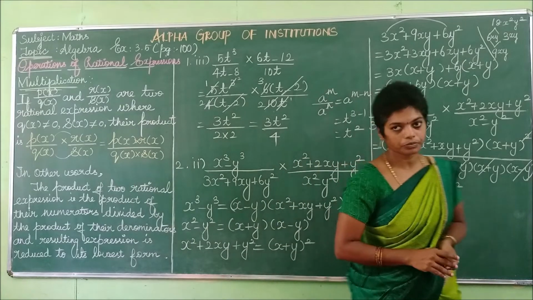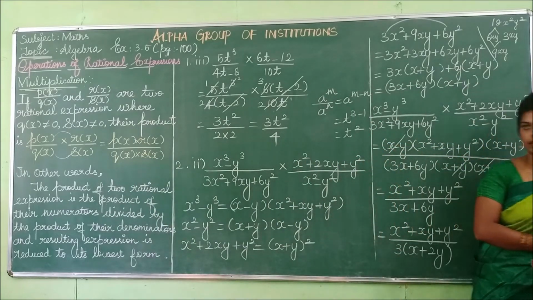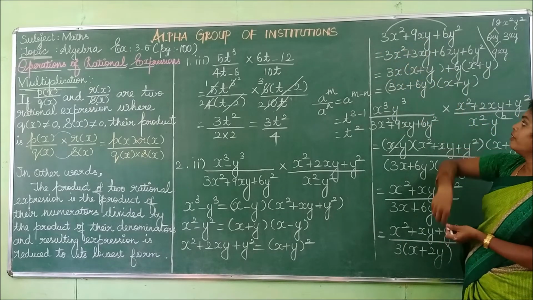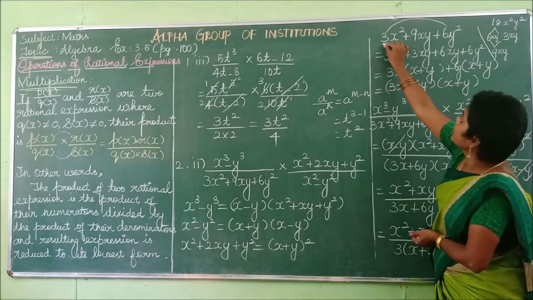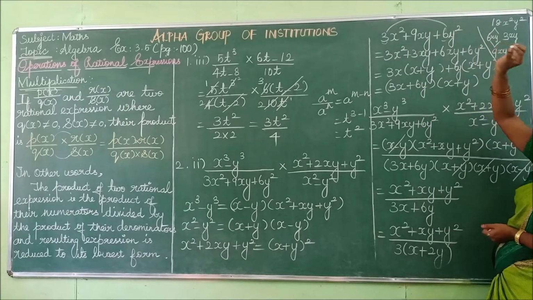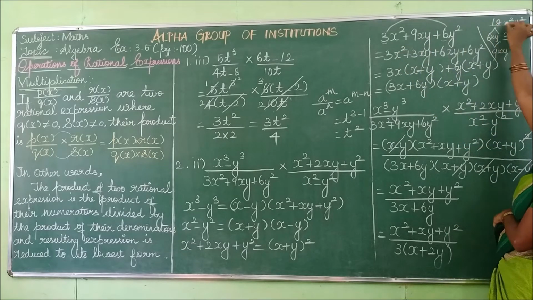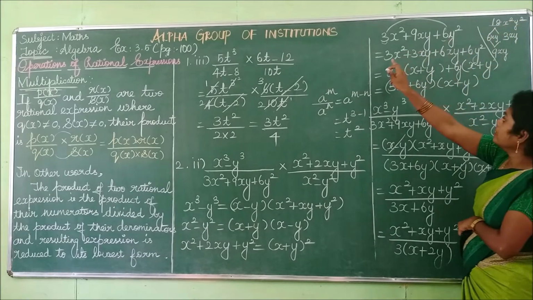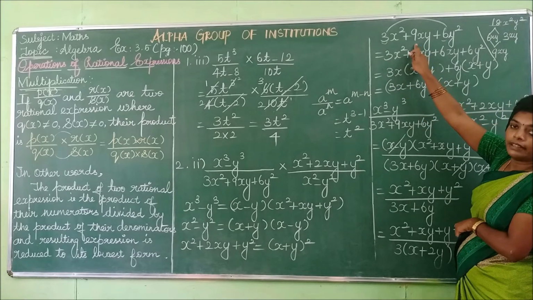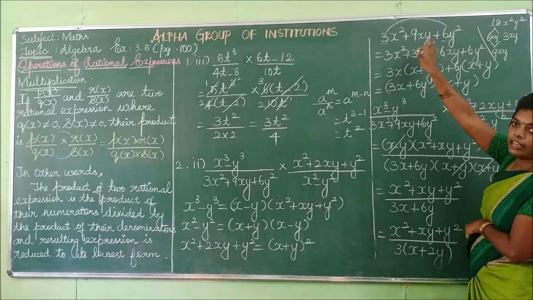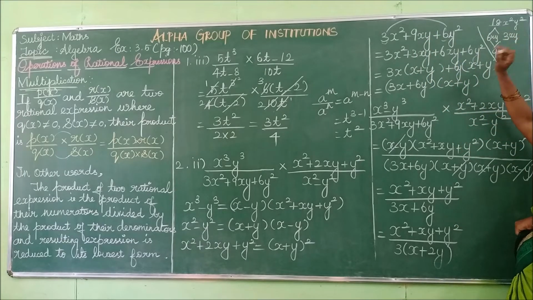So listen here. You can take that term and write it as follows. To find the factors for this, first of all you look at the coefficients. The coefficient here is 3, the coefficient here is 6. So you have to multiply the coefficients first. Multiplying the coefficients you get 18. Okay. Then look at the center value. The center value is 9. If you add any two terms, you will get that 9. If you multiply any two terms, you will get that value 18. So 6 3s are 18. 6 plus 3 is 9.